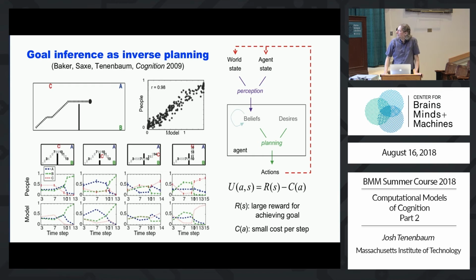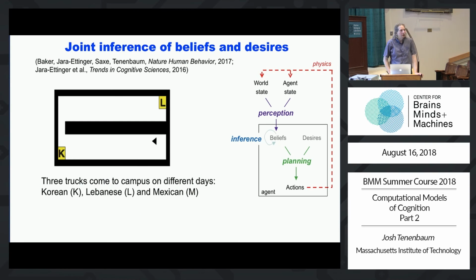All right. It gets a little bit more interesting when we actually allow for more interesting kinds of uncertainty. So here I'll go into a little bit more detail about the nature of this experiment. This is later work that Chris Baker did together with Julian Jara-Schnenk, and Rebecca and me. It's what we call the food truck paradigm. And I think it illustrates, in a simpler form, some of the same kinds of things you saw in the red and blue ball chasing each other.